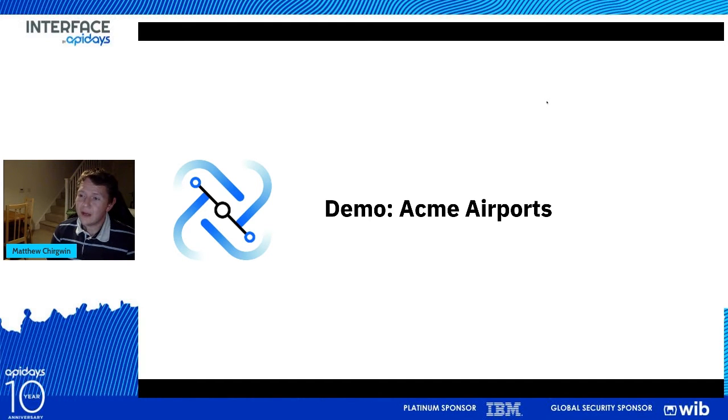We have two users who will be following the stories of today. We have Chirgwin, who is a Kafka administrator. She's got a Kafka cluster which is full of events that she knows are valuable and useful, but doesn't quite know how to socialize those. And she has the issues of management and having to provide the information directly to application developers.